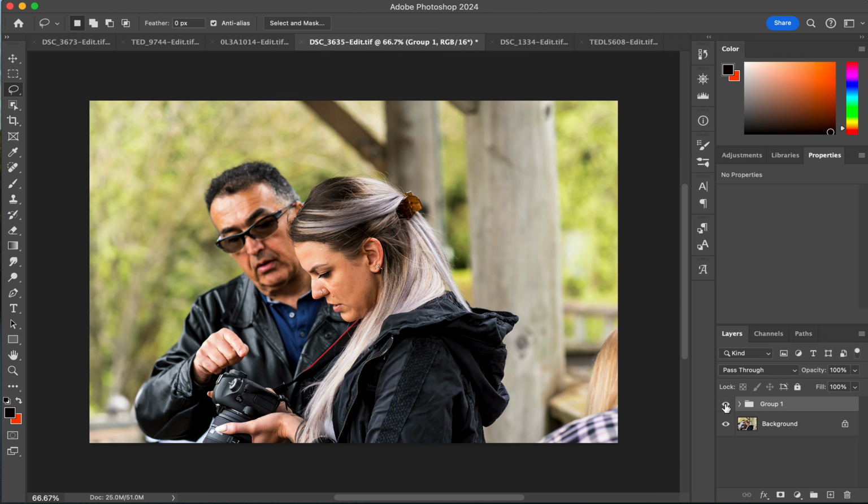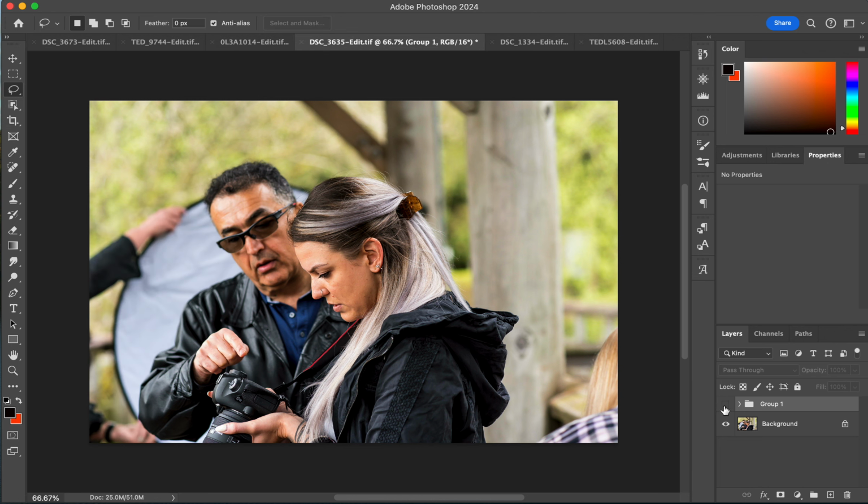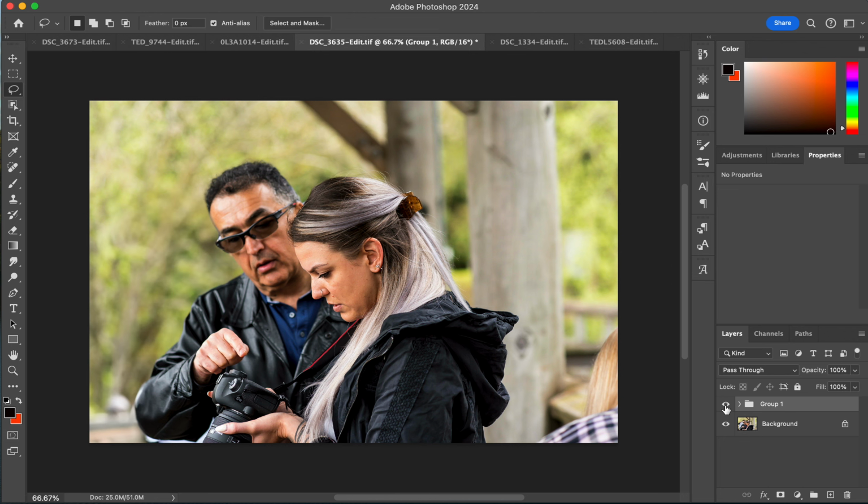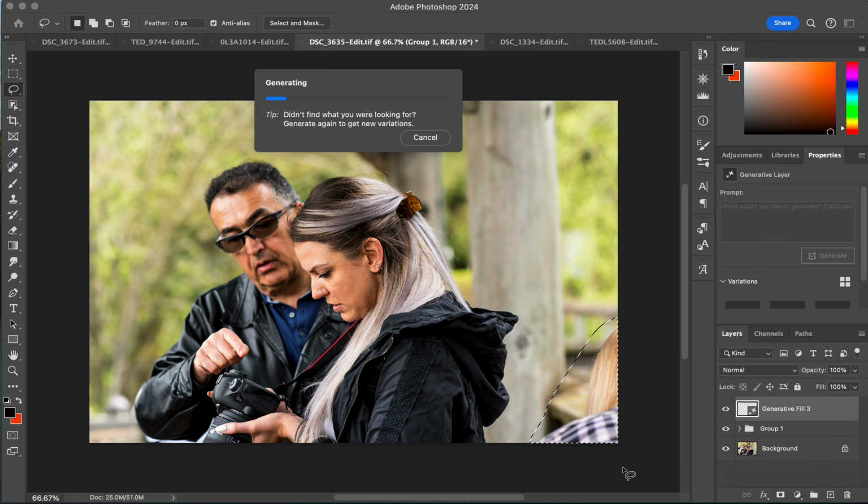Until you remove the distractions, you don't know how good a picture you have. Then in this corner, again, that is kind of a distraction. Of course, I can crop it if I want to do an easier job. If not, I can easily select that one. I missed a little bit of a spot here. Generative fill, generate,